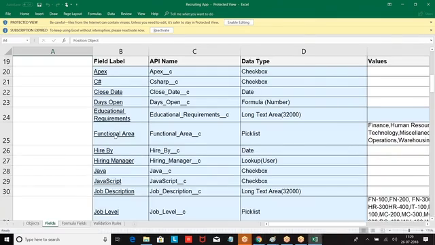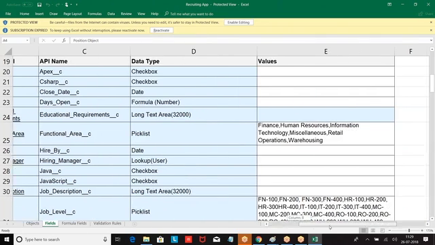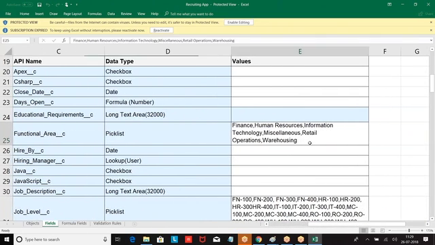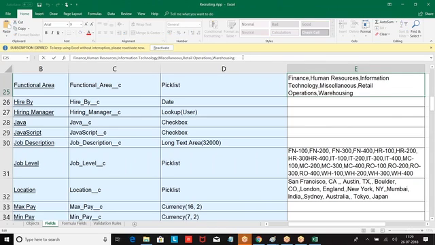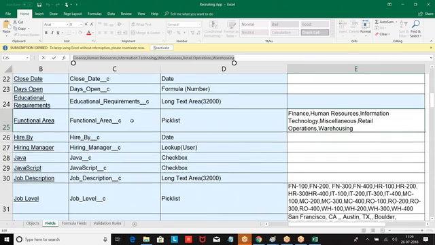Okay. Then they had functional area, pick list. In the pick list we have a lot of options. Functional area, pick list we had. So what was that?